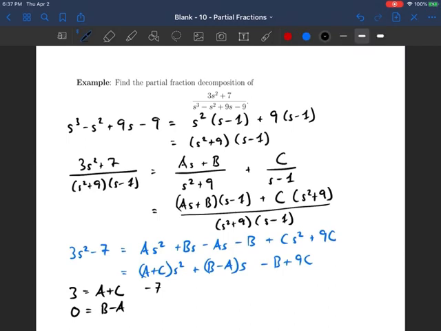And the constant coefficients are 7 and minus b plus 9c. All right, so what can we see here? Well, from the s equation, we have that a equals b. So we can convert this whole thing into two equations. We get b plus c is equal to 3, and minus b plus 9c is equal to